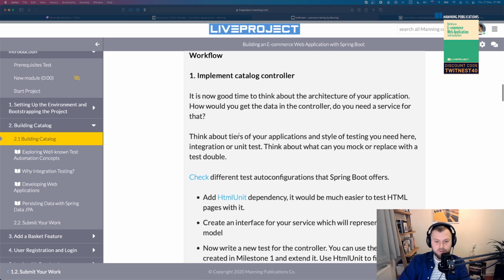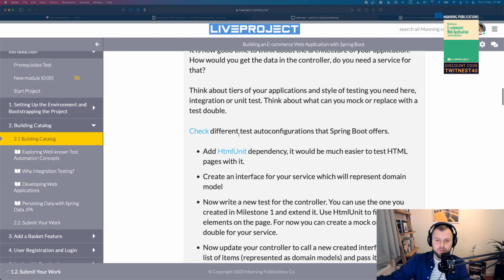I'm trying to guide you through the steps you need to take without too much detail, without going too deeply into what exactly you need to do. So it's not a tutorial by all means. It's not something where you copy and paste code, quickly throw something together and get it up and running. It's not an article. It's almost like a real project.